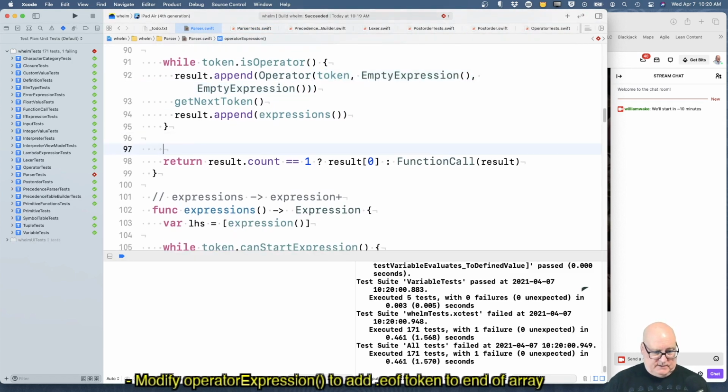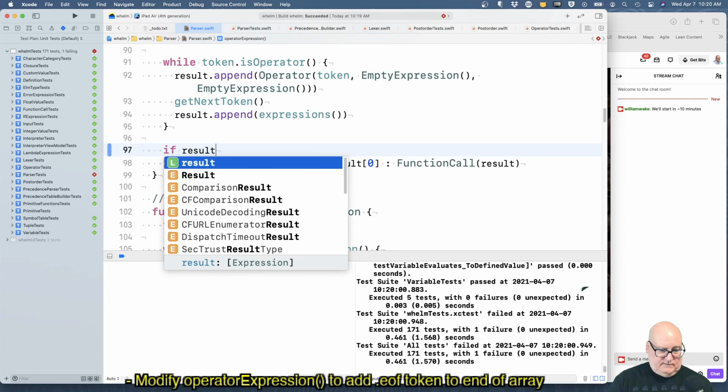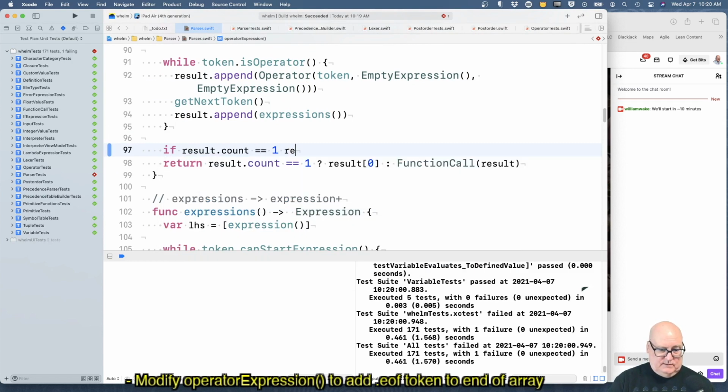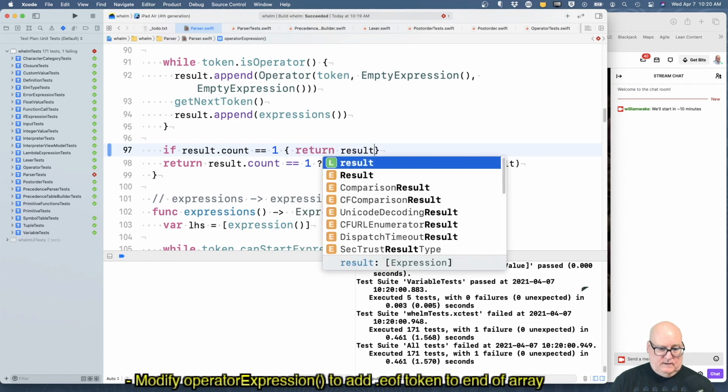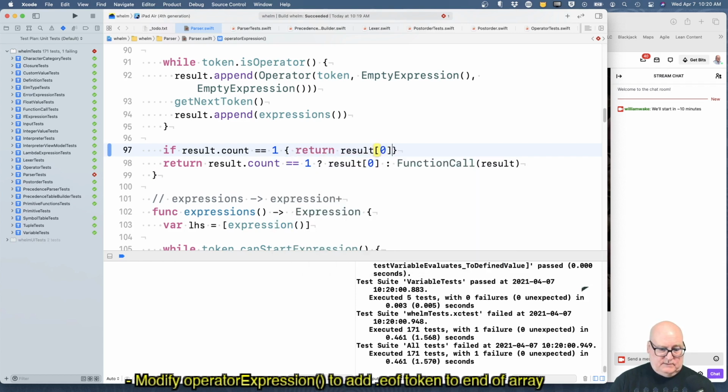Okay, so I'm going to change the return a little bit. If result.count is 1, return result sub 0.